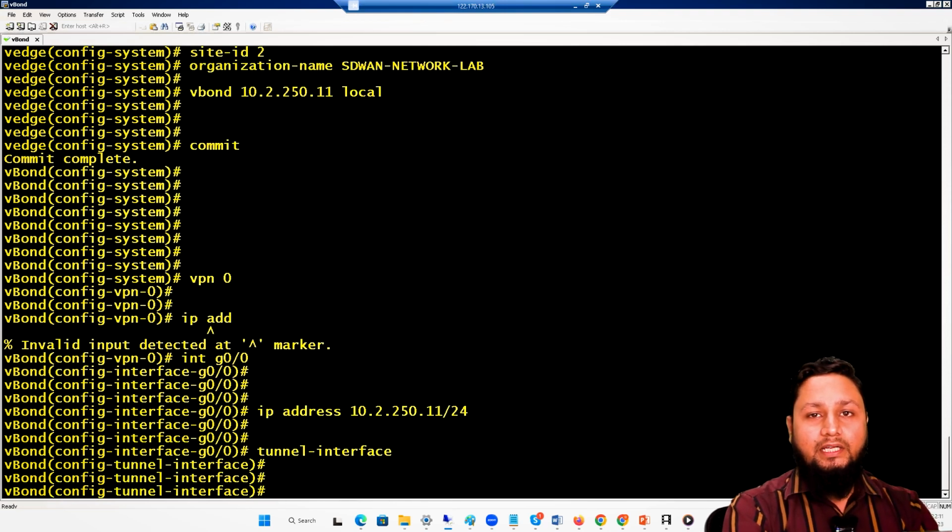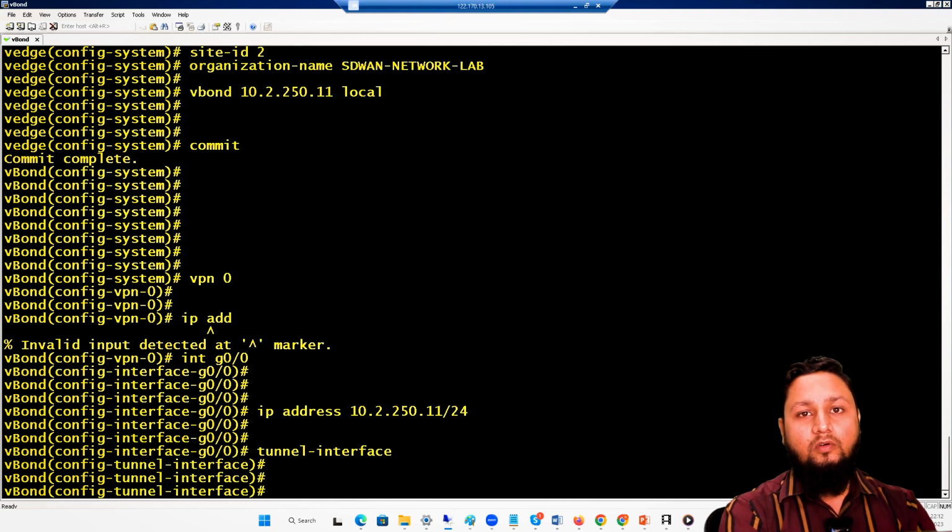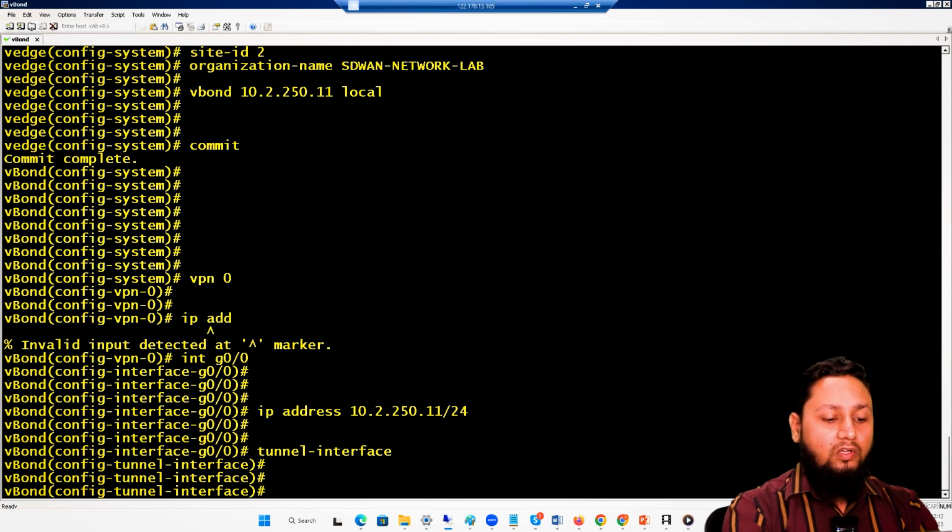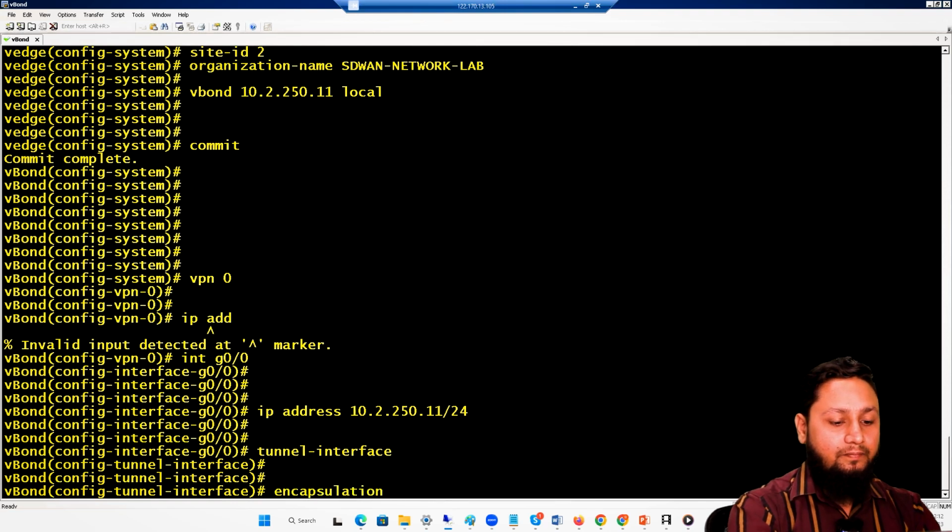So whatever traffic will be going, that will be control traffic. Every traffic will be going via the vBond, so everyone will be authenticating from the vBond only. I want that whatever traffic is going via the vBond, it should be authenticated. So I can enable encapsulation. Encapsulation, I can say IPsec. So whatever traffic is going,